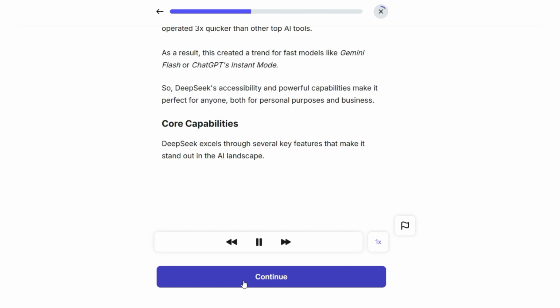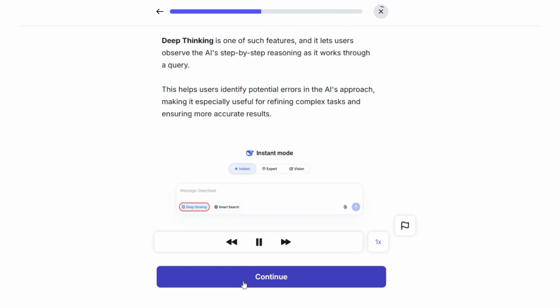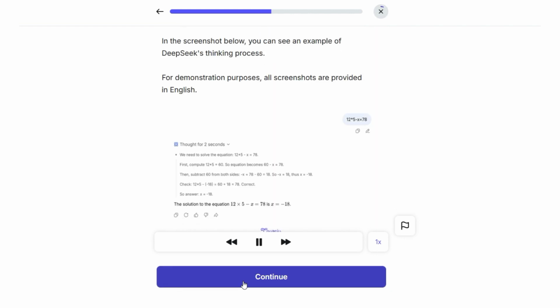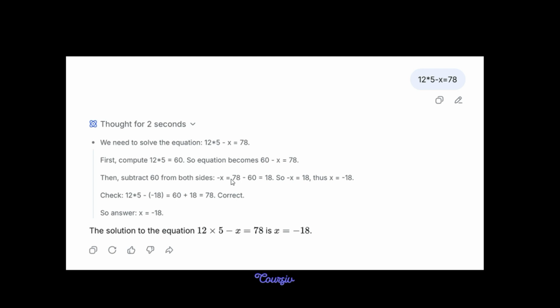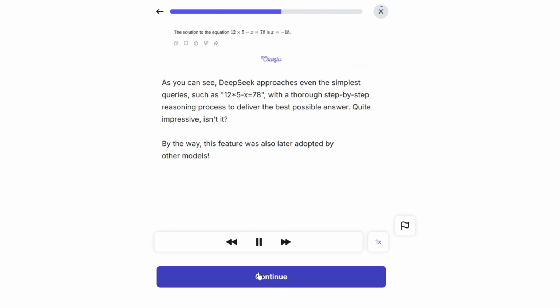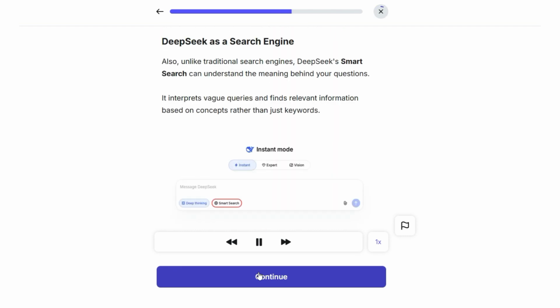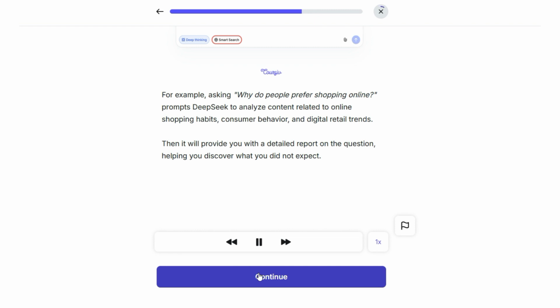Core capabilities. DeepSeek excels through several key features that make it stand out in the AI landscape. Deep thinking is one of such features, and in the screenshot below you can see an example of DeepSeek's thinking process. For demonstration purposes, all screenshots are provided in English. As you can see, DeepSeek is a search engine. Also, unlike traditional search, for example, asking, why do people prefer